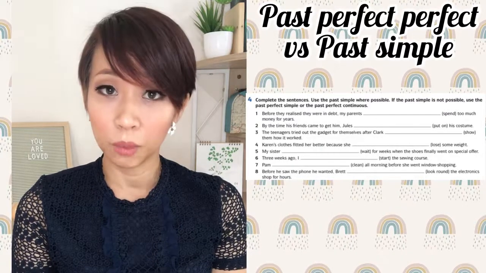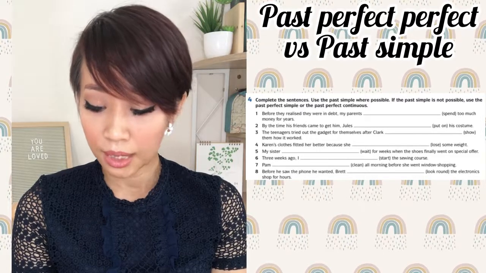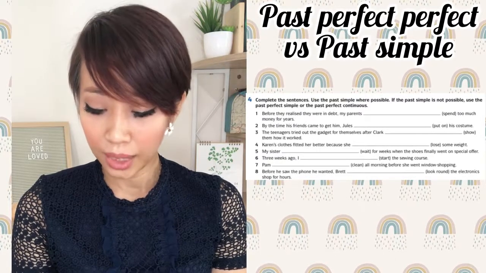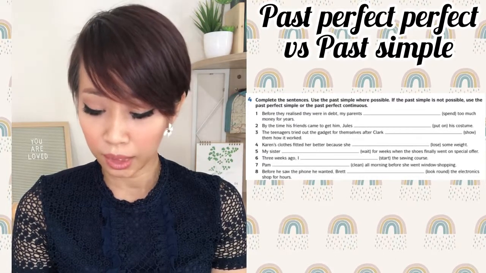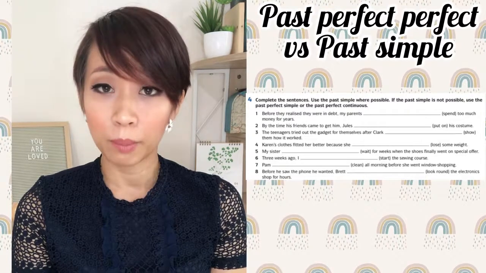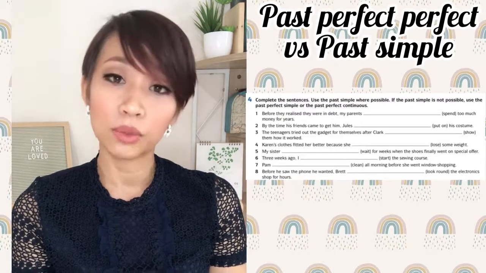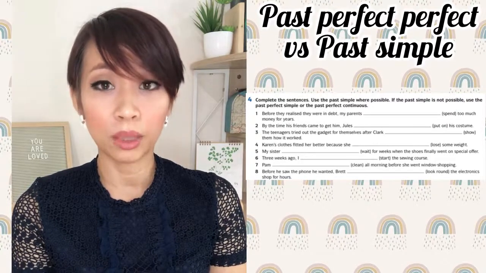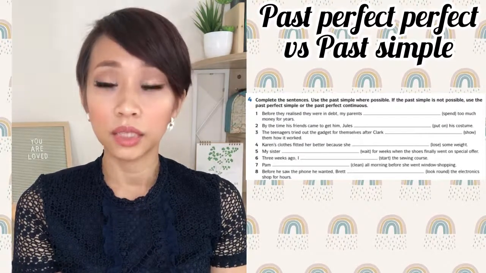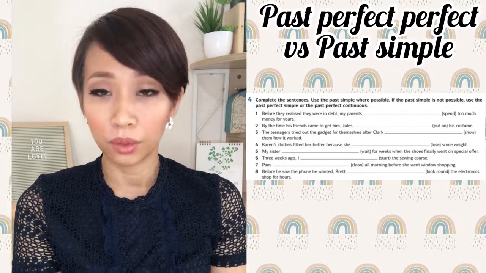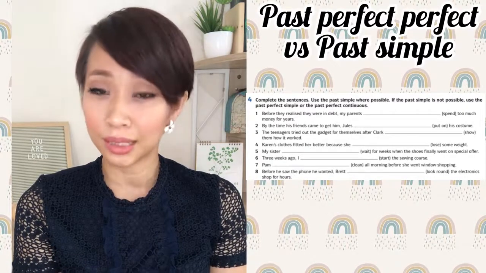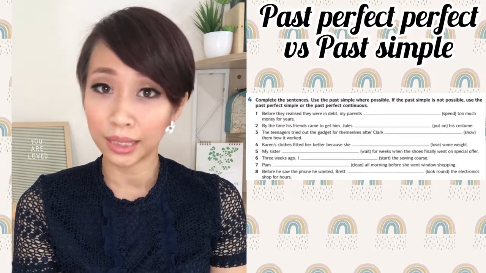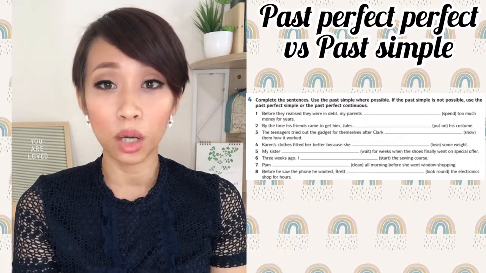So, macam mana mau tahu beza dia? Kamu guna had been, verb tambah ing apabila kamu nampak ada tempo berapa lama benda itu berlaku. Kamu tambah had dan verb dalam past participle apabila kamu nampak ada dua kejadian. Dan kamu guna past simple apabila kamu nampak ada satu kejadian sahaja atau ada dua kejadian tapi kejadian kedua berlaku